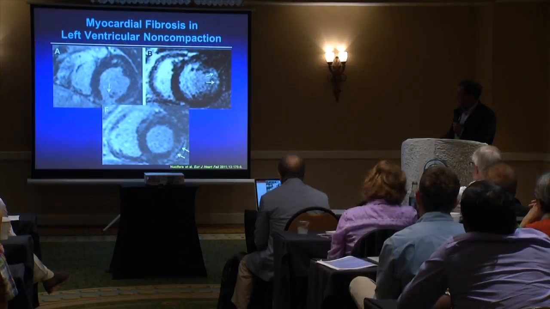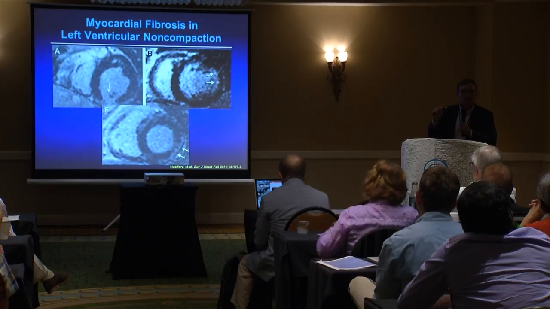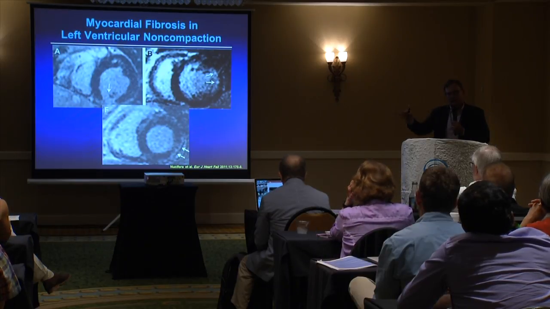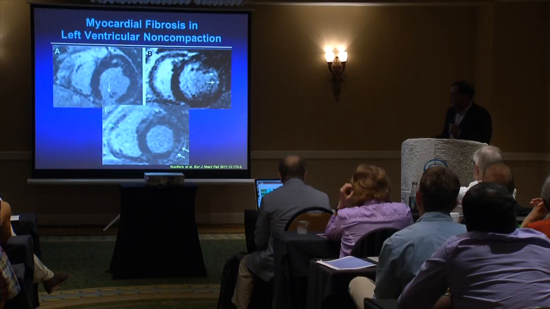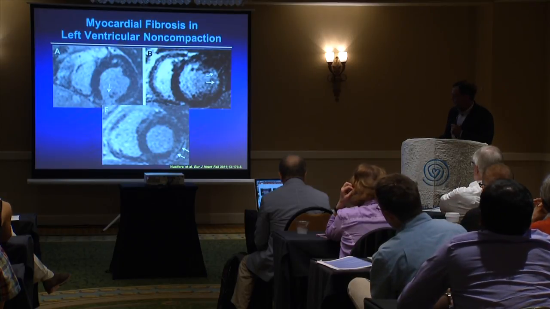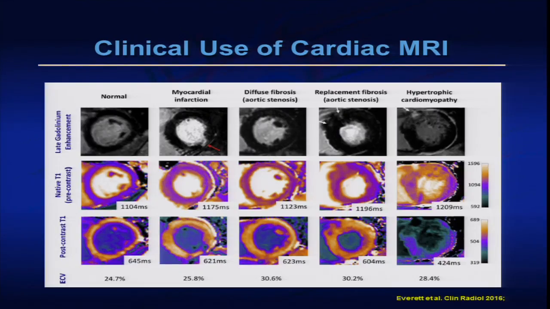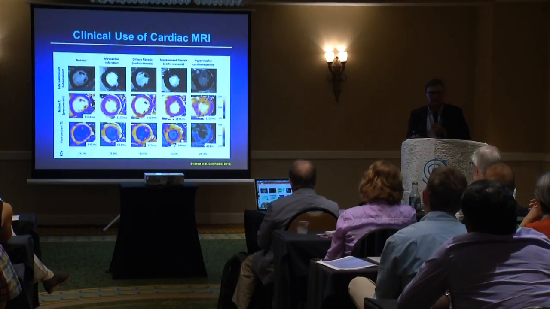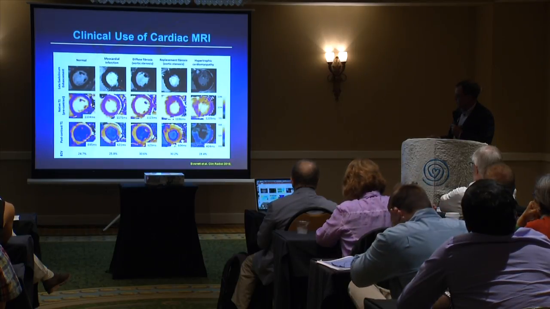This is when a patient is exposed to gadolinium, a contrast agent given intravenously, to look for areas of dense focality of presumed scar. All it means is that the gadolinium doesn't get out of that area for whatever reason. Most of the time, in physiology, we think it's scar, but it can be other things as well. But it gives you an idea of which pieces of the myocardium are normal and which aspects are abnormal. This is kind of the latest and greatest for what we're doing with cardiac MR, and this is something we're taking advantage of in our institution, is the opportunity to look for scar or changes